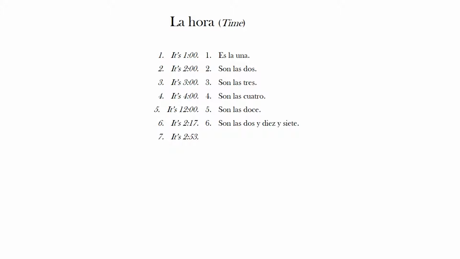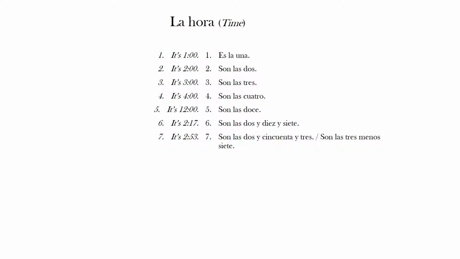It's 2:53. Now, there's a tricky thing in Spanish. You can say, like we did with 17, it's 2 and 53 minutes. Son las dos y 53. This is less common, more common in the United States, I think, especially from Spanish speakers who get corrupted by English. But traditionally, if you have any time after 30 minutes, like 2:53, 2:31, 2:32, 2:33,